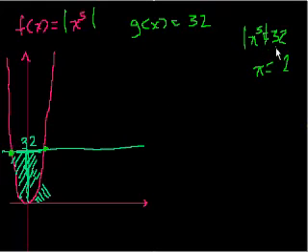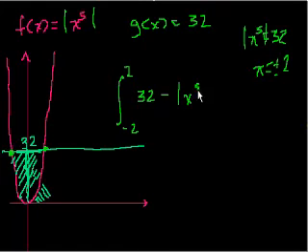But if I say the absolute value of x to the fifth is equal to 32, there's 2 places where that's true. It's x is equal to plus or minus 2, right? These are the 2 points. I should have done something with an even exponent so I could have had this cup shape. But anyway, the absolute value solves my problem. So what is this area? We know it's between -2 and 2, so we just set up the definite integral. It's the integral from -2 to 2 of the top boundary, 32, minus the bottom boundary, well, this will be a little bit tricky, minus the absolute value of x to the fifth